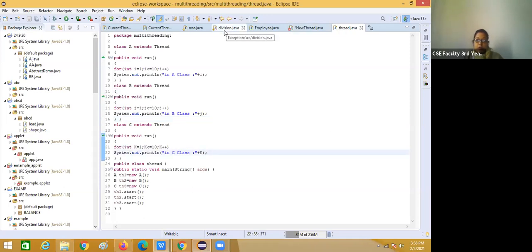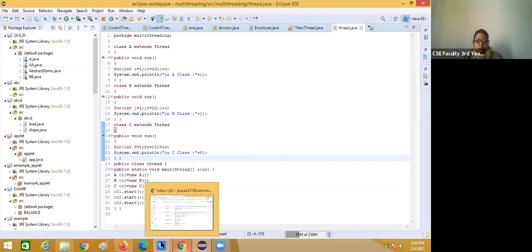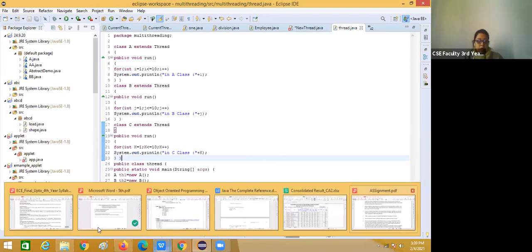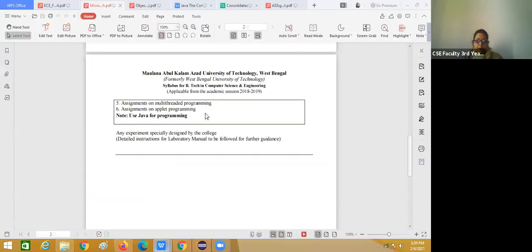Exception you can do on your own, but it is not in your syllabus, though you can do it. After that we have only the applet program. In the next lab we will start this applet program.